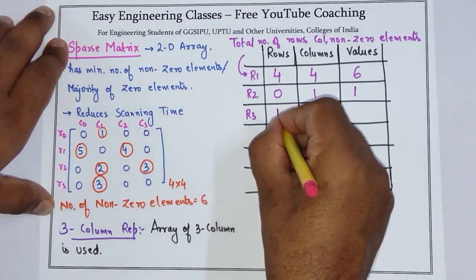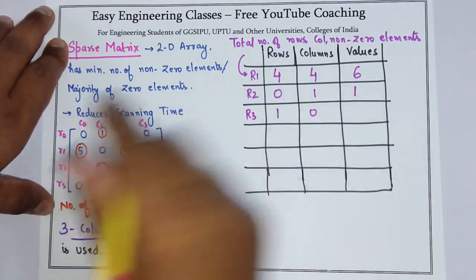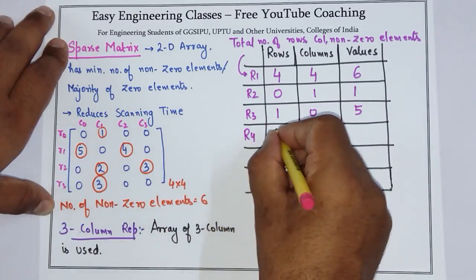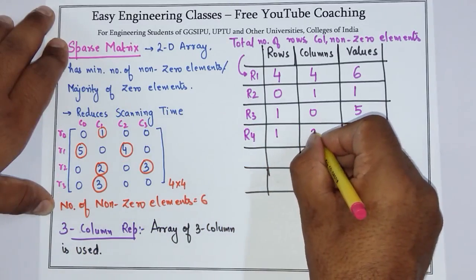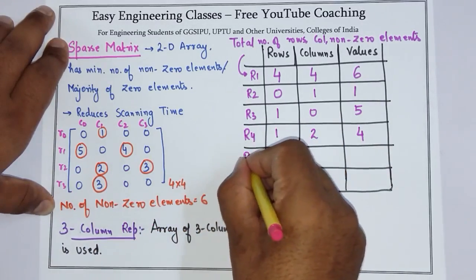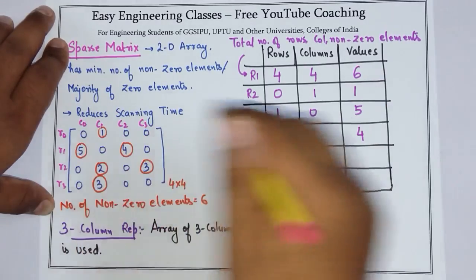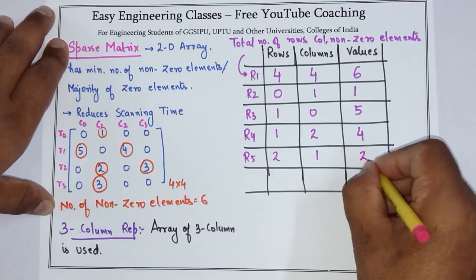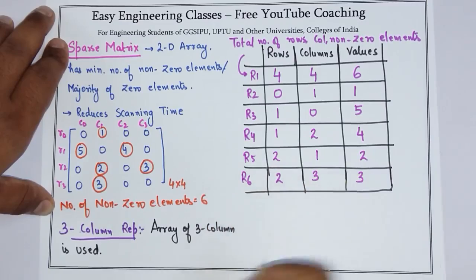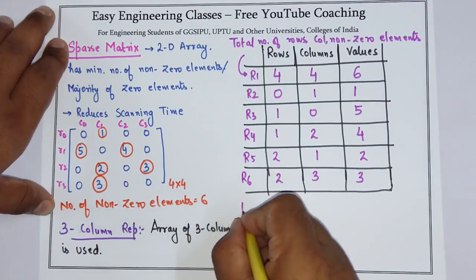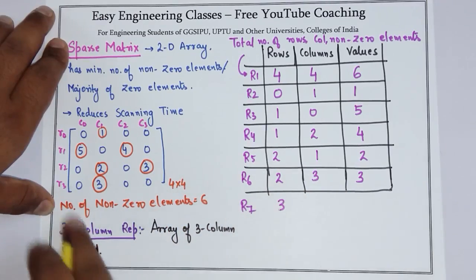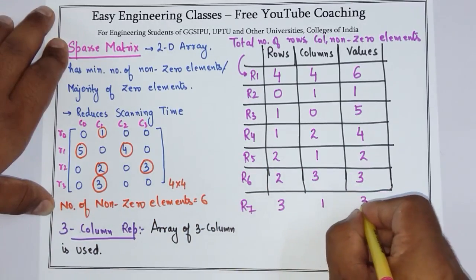सिमिलरली इसके आगे देखेंगे रो 1 में कॉलम 0 में नॉन ज़ीरो वैल्यू है 5 और इसी रो में सेकंड कॉलम में नॉन ज़ीरो वैल्यू है 4। सिमिलरली सेकंड रो के फर्स्ट कॉलम में नॉन ज़ीरो वैल्यू है 2 एंड सेकंड रो के थर्ड कॉलम में नॉन ज़ीरो वैल्यू है 3 एंड फाइनली थर्ड रो के फर्स्ट कॉलम में नॉन ज़ीरो वैल्यू है 3।